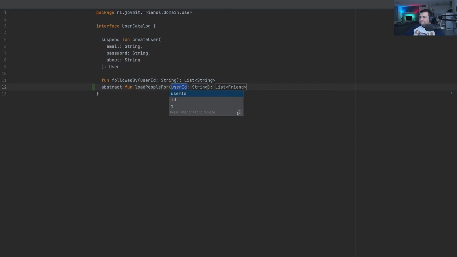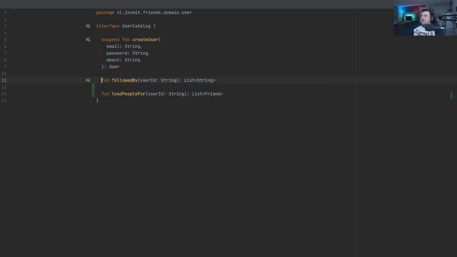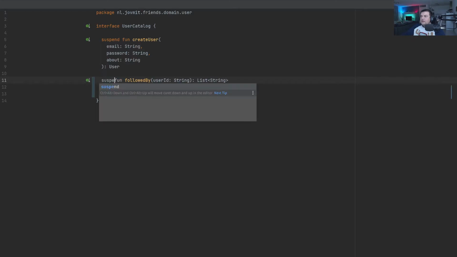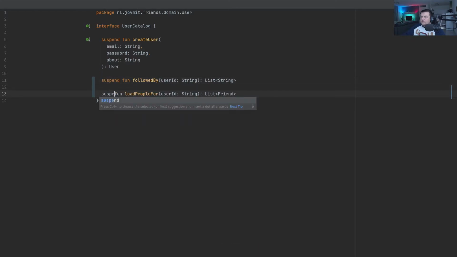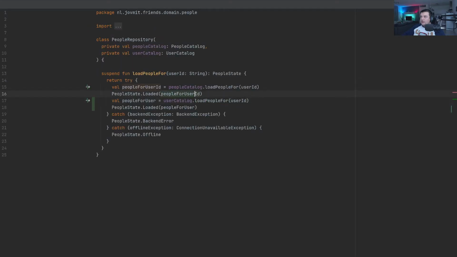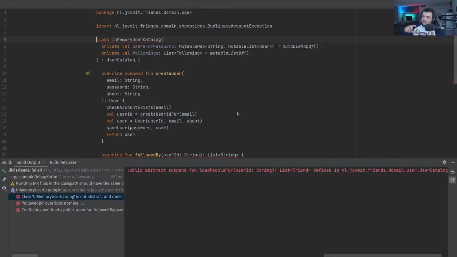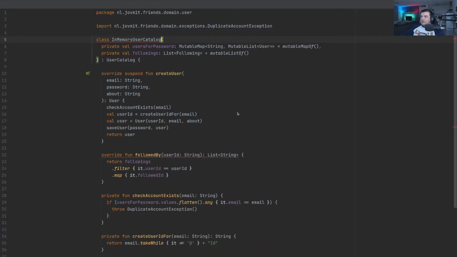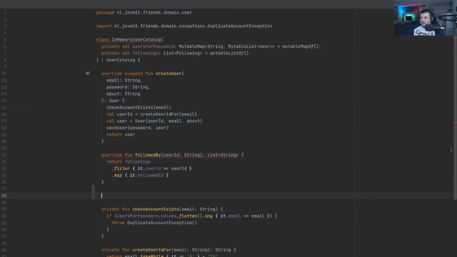into the user catalog interface. And I just realized that this and this should both be suspended. And now I'll close the user catalog. If I run the tests now, this one compiles, but if I run the tests, it will tell me, because I've introduced this new function, some of the implementations of this user catalog, well, not some, but all of them, do not have this new implementation. So I have to